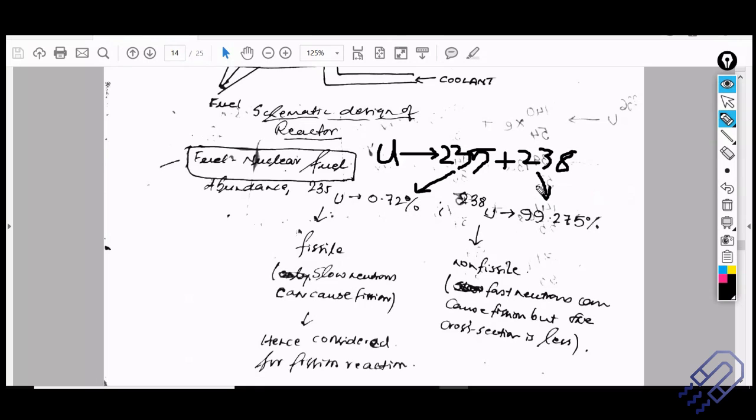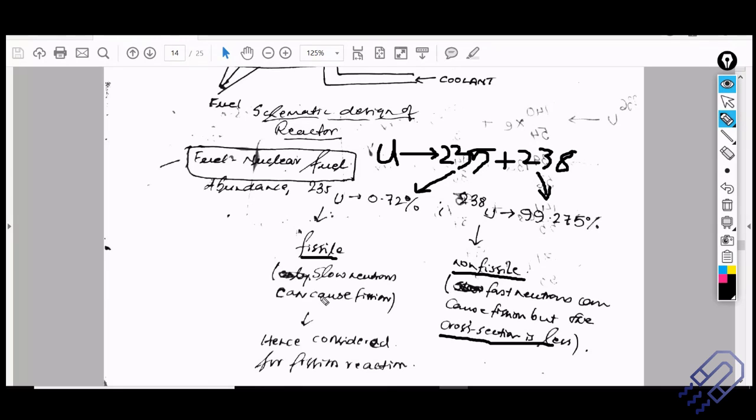If you want to completely separate uranium-235 from uranium-238, that's a very, very difficult job. So usually we don't do that. We're going to come to that later. But you see, uranium-235 is a fissile material, and uranium-238, as we have seen from our previous explanation, is a non-fissile material. In non-fissile material, the cross section is very low, the chances of a compound reaction are less, and the chances of the Q value overcoming the activation energy are less. So the probability of having a reaction will be less.